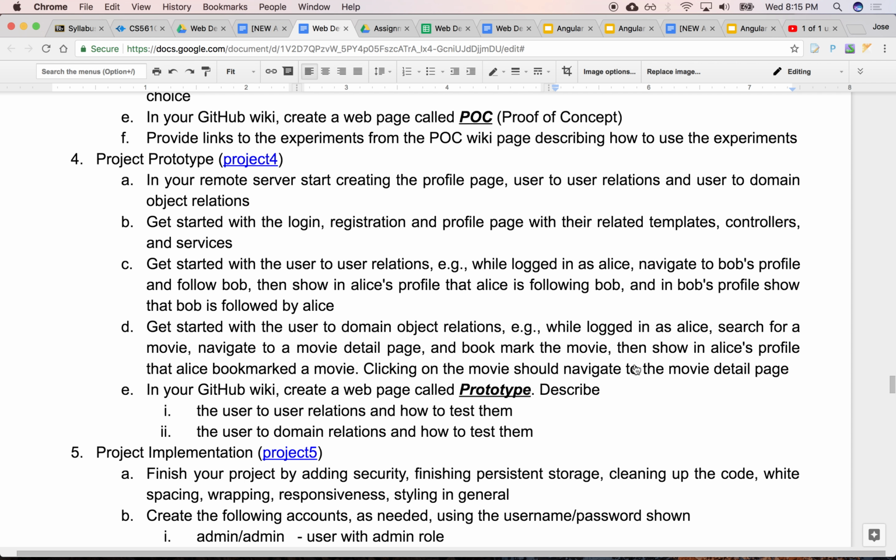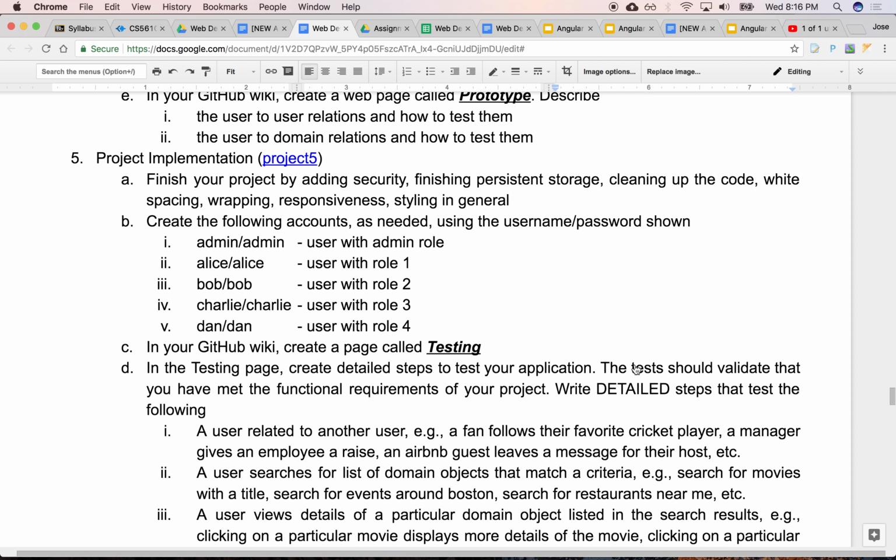So the prototype should be a rough implementation of your application, right? Where you should be well underway by this time, right? And finally, the last 2 or 3 weeks is just completing the application, right? And these dates for when these things are due are fairly lenient, right? Ideally, you would be way ahead of these dates. Okay, this is like the absolute last by this time, right? That you should have completed these various.